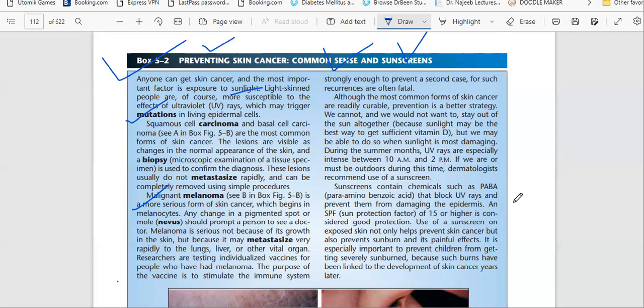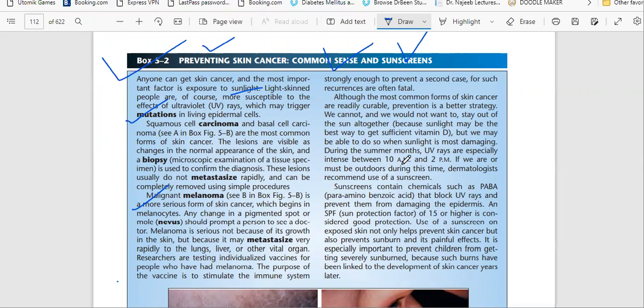So we cannot avoid the sun altogether. The sun is part of our life. We have the sunrise, sunshine, sun rays onto our body. So how can we protect ourselves from harmful sun rays, mainly during the summer season? Between 10 a.m. and 2 p.m. we have dangerous UV rays which can cause skin cancer easily. So we have to take the dermatologist's opinion on which type of sunscreen to use to protect ourselves from the